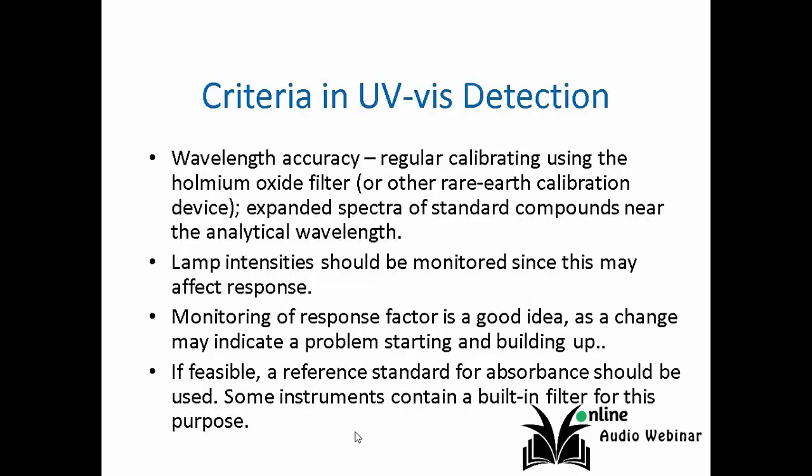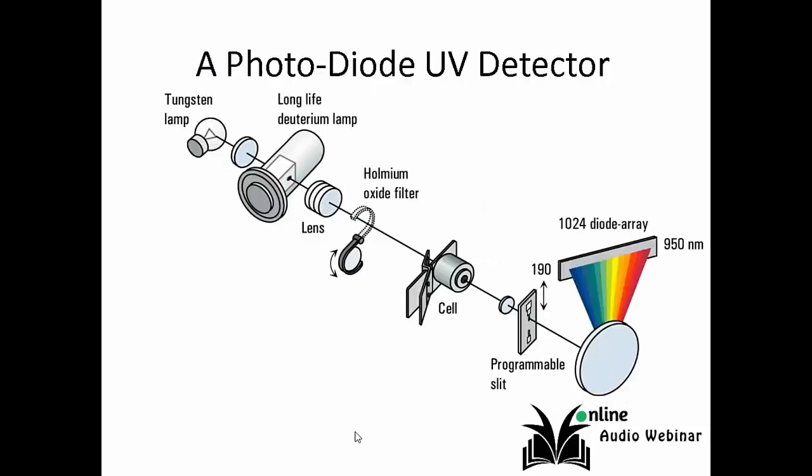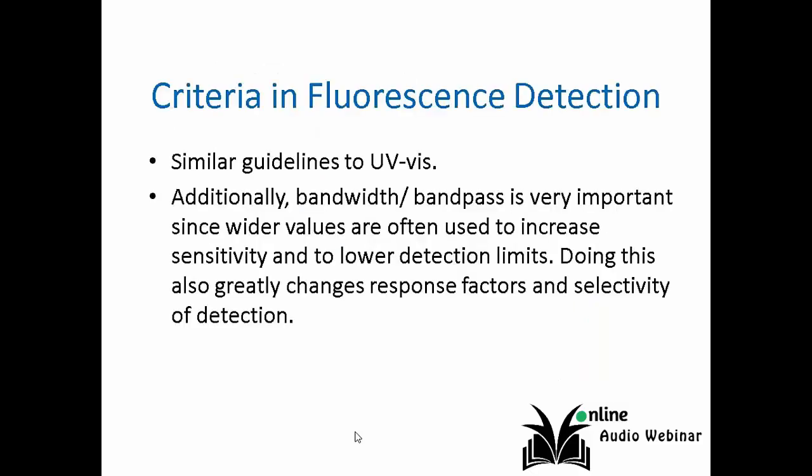Detector problems are also an issue. With UV detectors, wavelength accuracy is something that needs to be determined. Most people now use diode array-based detectors or photodiode array detectors that go by different acronyms or abbreviations, which I show in the next schematic. This is actually an Agilent diode array design. Fluorescence has similar